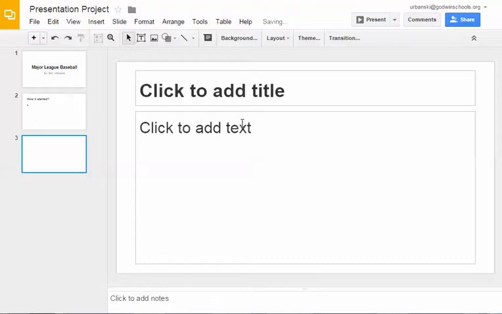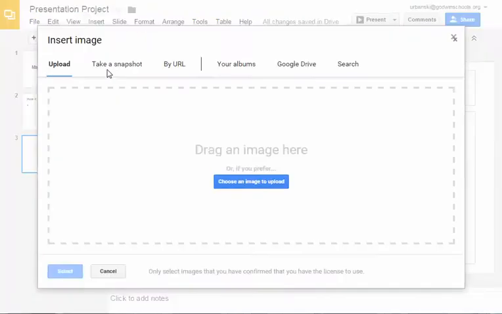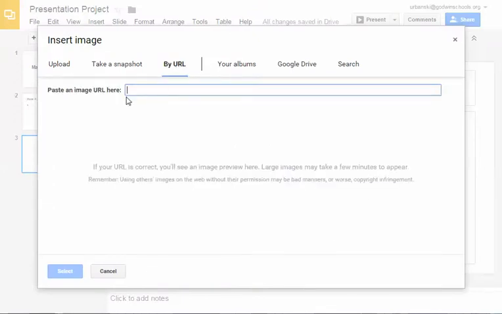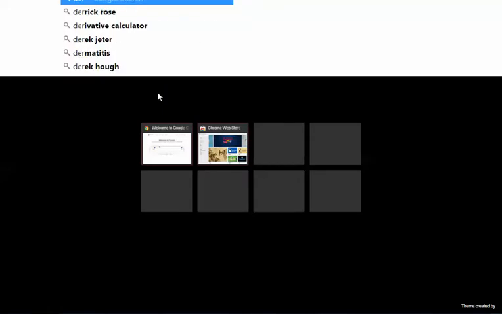To add an image, you're going to hit the insert button, you're going to hit image, and you'll get this page to come up. You need to go by URL, and this is where you'll put your URL. So out on the internet, you'll have a tab. If you're looking up a picture of Detroit Tiger baseball,